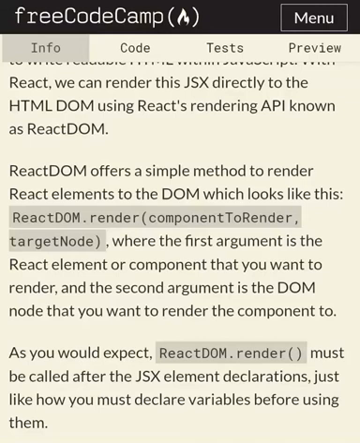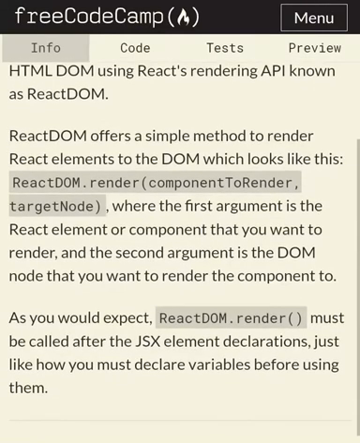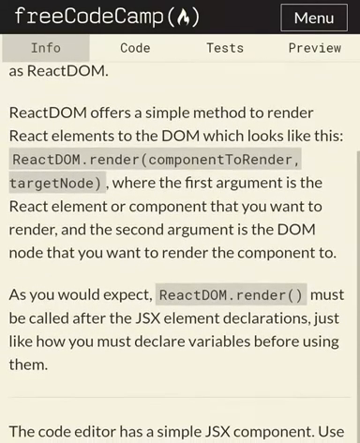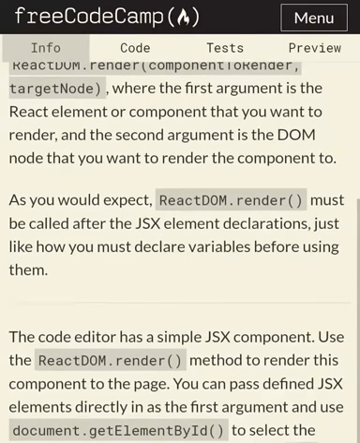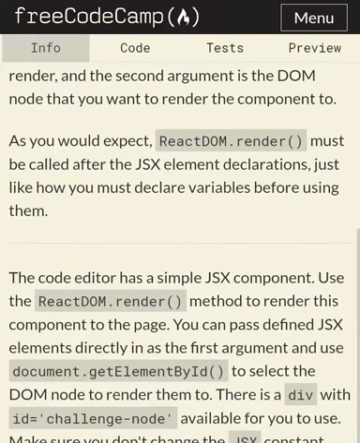And in the parenthesis, the first argument will be the component that you have to render. Whatever the component to render is, that will be your first argument, and your second argument will be your target node. So basically why you're doing document.getElementById is to grab that HTML element by the ID name, because usually you can grab it by the ID name or class name, right?